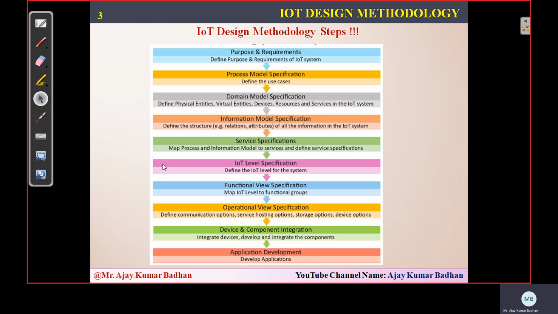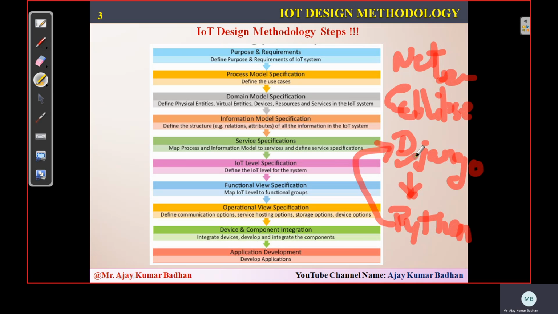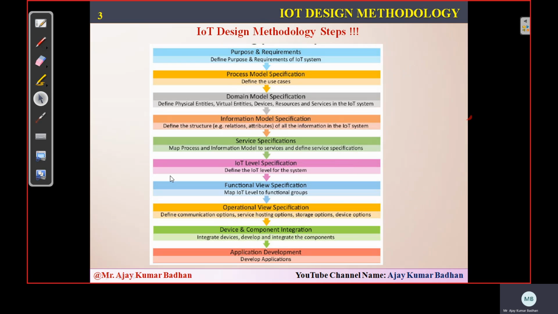The last one is application: developing an application using some kind of platform like NetBeans. Here we are going to use Django. I don't know how many of you know Django; it is a platform we are going to use. This is because the coding in this unit is done using Python, and this language can be implemented using Django. Like Java, we can use NetBeans or Eclipse. Same way for Python, we have Django, and this is what we are going to focus on more, Django services as well as Python.